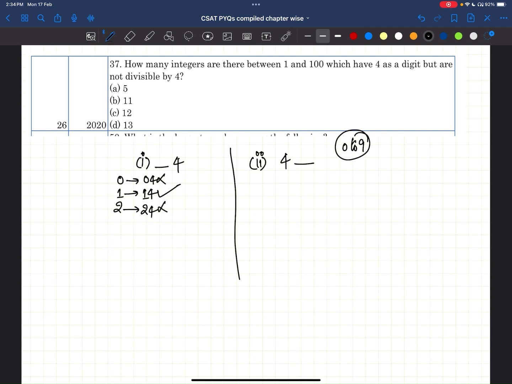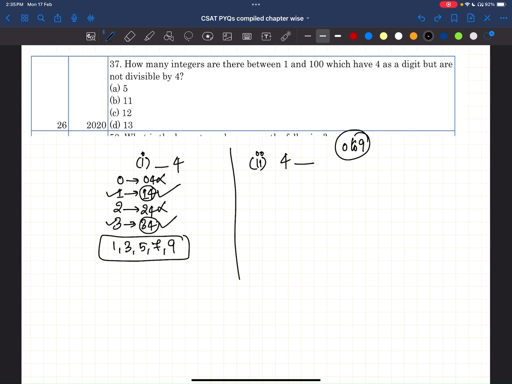See, what is the divisibility rule of 4? The divisibility rule of 4 is the last two digits should be divisible by 4. Now what are we observing? Now let's take the other numbers as well. Now, if you put 3, it becomes 34. See, whenever you are taking odd numbers, the number is not divisible by 4. That means here the values will be 1, 3, 5, 7 and 9. See, 4 is fixed in the tens place. Now we have to substitute